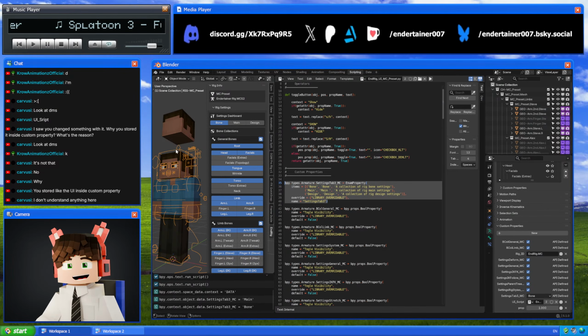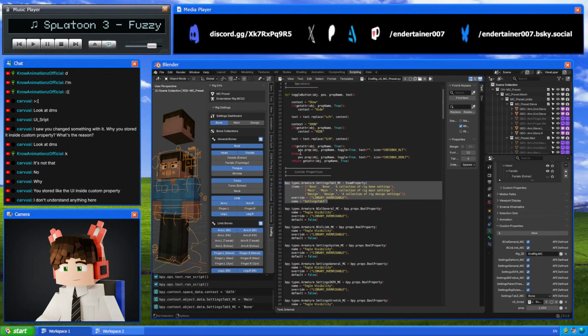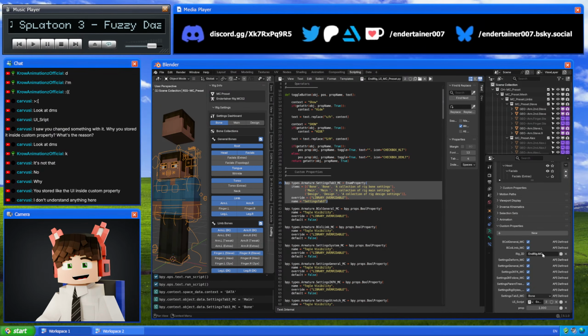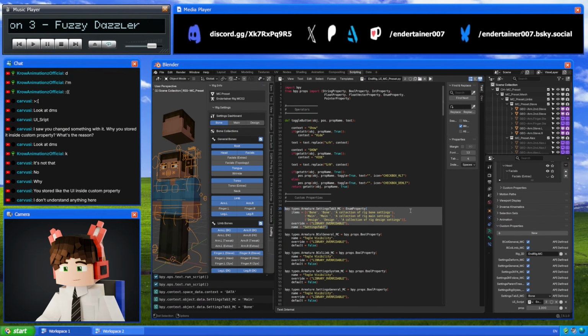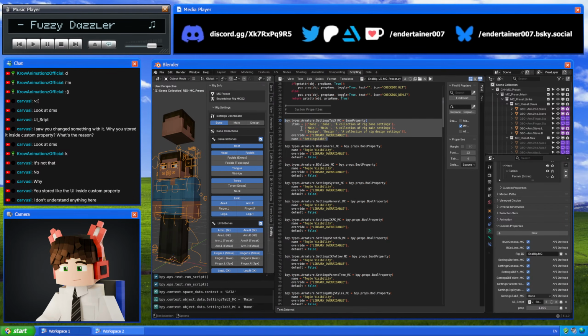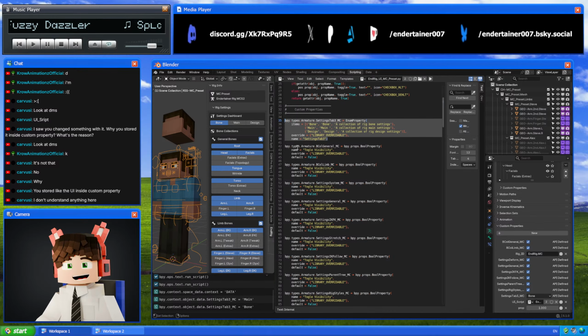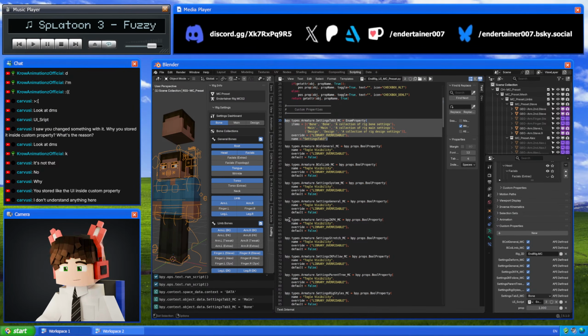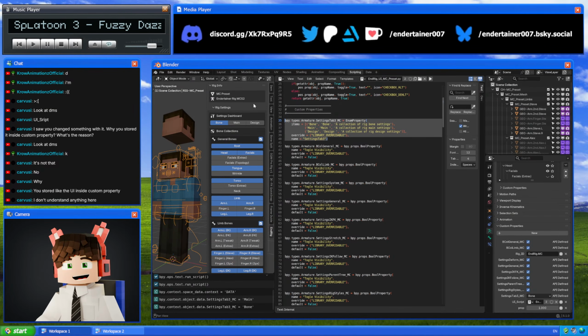You can have two rigs that are the same but have different IDs. The reason I add this is so that I can create different rig UIs for different rigs. For example, I have the MC preset, the default preset rig UI. Then I want to have another rig to have a different